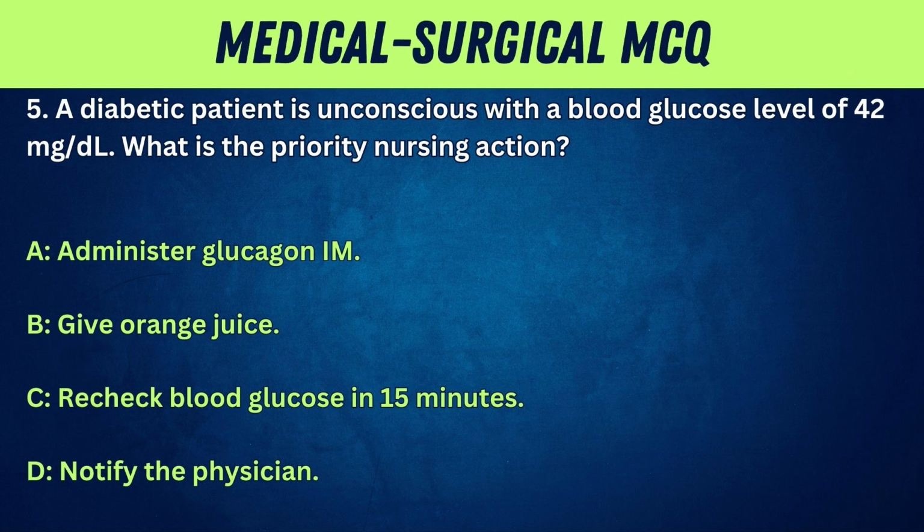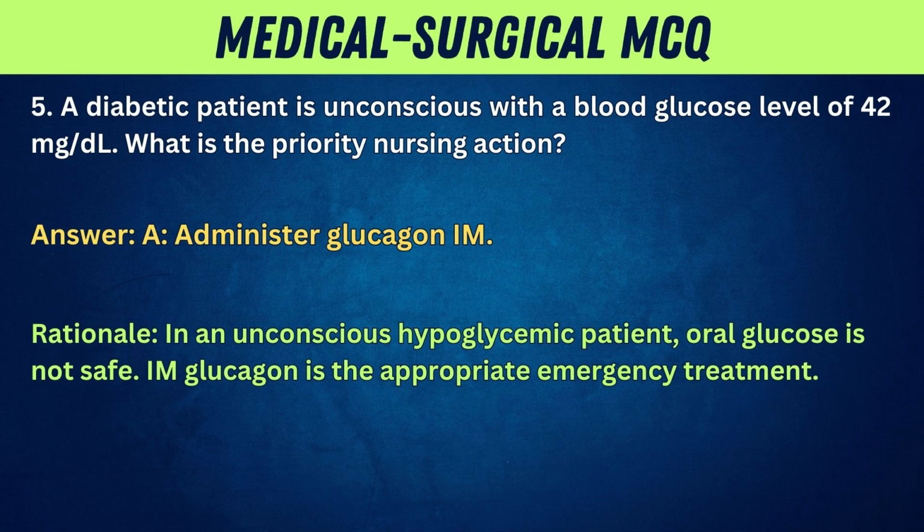5. A diabetic patient is unconscious with a blood glucose level of 42 milligrams per deciliter. What is the priority nursing action? A. Administer glucagon IM. B. Give orange juice. C. Recheck blood glucose in 15 minutes. D. Notify the physician. Answer: